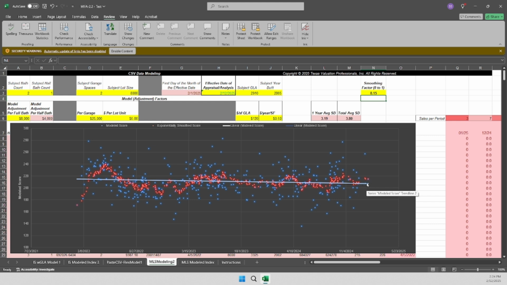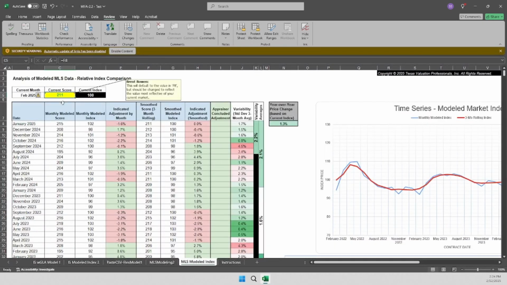Are we going sort of above or below that long-term trend at any given moment? My most recent data points skewed a little high. There's really not any of the lower price segment in the most recent month, which I think is skewing my score. So my score does get